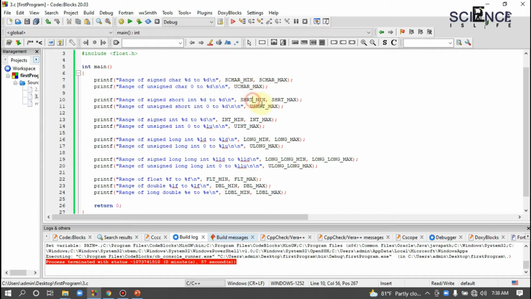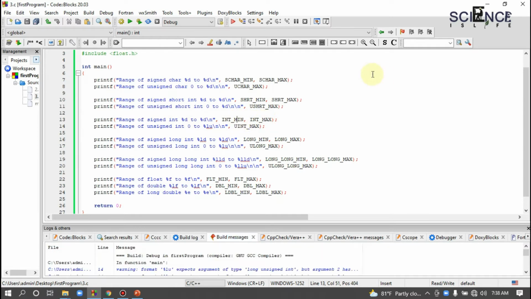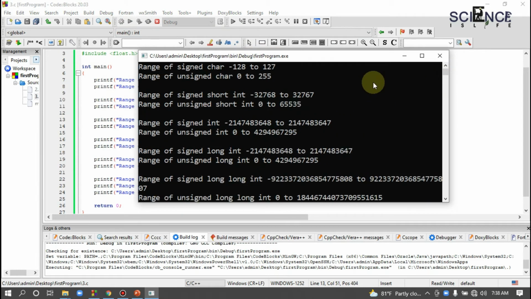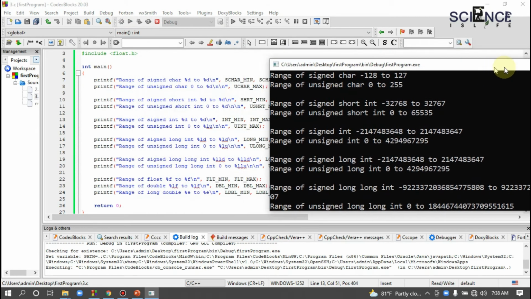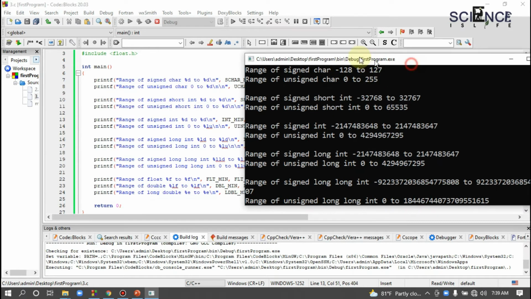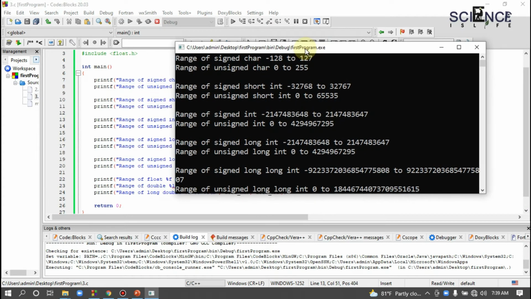Likewise, there are several constants for each and every data type's minimum and maximum range. So let's see what we will receive as the output when we run this program. Here you can see the range of signed char is between -128 to 127, right? You need to know this thing, that the range of